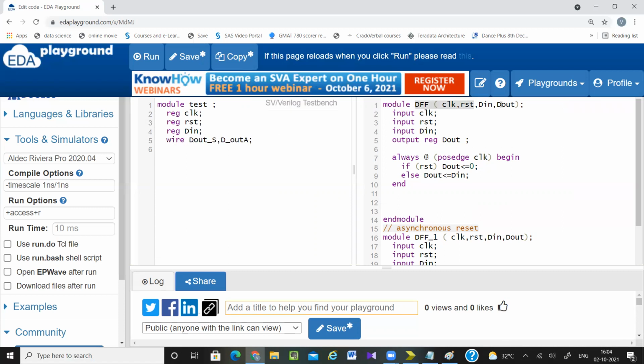Okay. So here I am just doing name wise instantiation. Sorry, position wise instantiation. Position wise means whatever position is written here: first clock, reset, D in, D out. So first clock, reset, D in, then D out S. This is for synchronous. So here I can write M1 or MS. Okay. So this is a name. I can give any name, but this name is the same as this name. Okay. So next one will be, so this is asynchronous, write A here. So here it will be D out A.